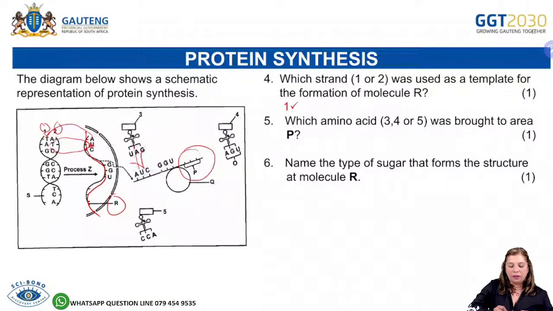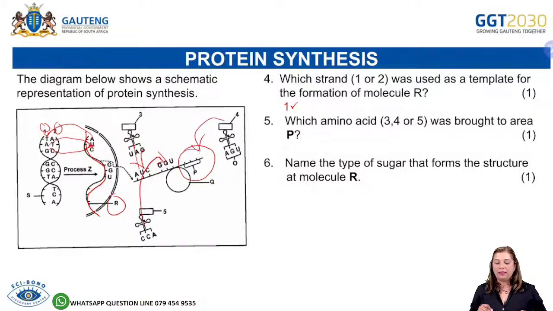Okay? What is going to pair with this one? It's going to be C, C, A. So that one is going to pair with the second one. So obviously number 4 would be the one that is brought to the area P, and that would be correct. So what did we do there? We did a process of elimination by working out the rest of them, the code of the anticodon and the